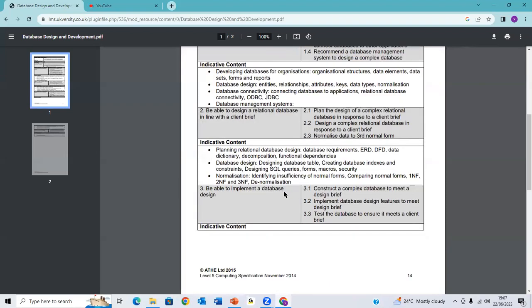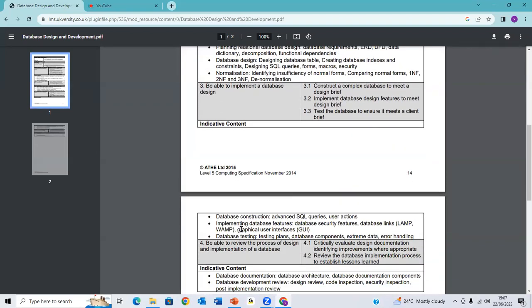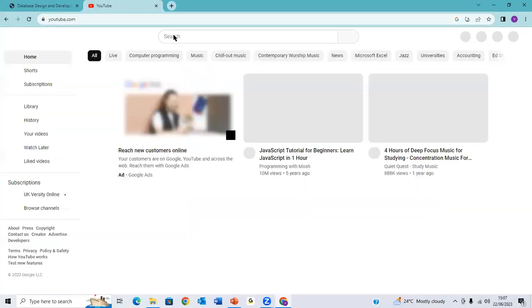So as you can see from our indicative content of today, we're going to look into data construction, advanced SQL queries, user action, then we'll look into implementing database features, such as database security features and database links, and also graphic user interface. And conclusively, we're going to have database testing, where we'll have a testing plan, database components, and we'll have extreme data and error handling. So let's just watch a video,